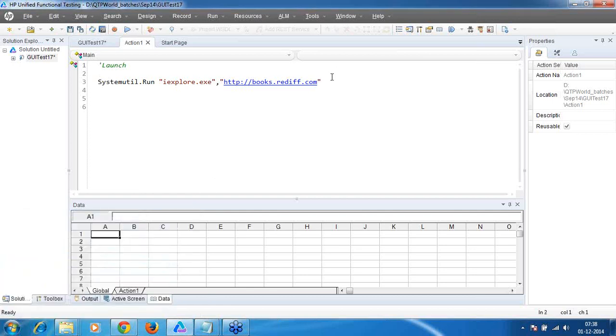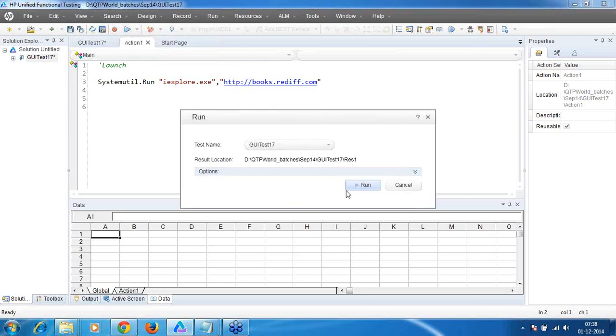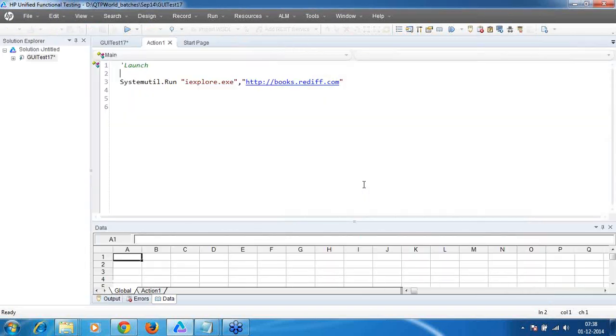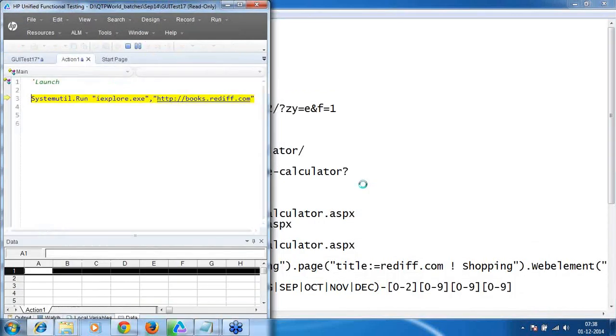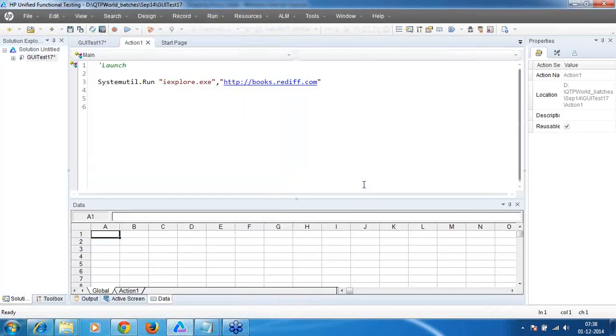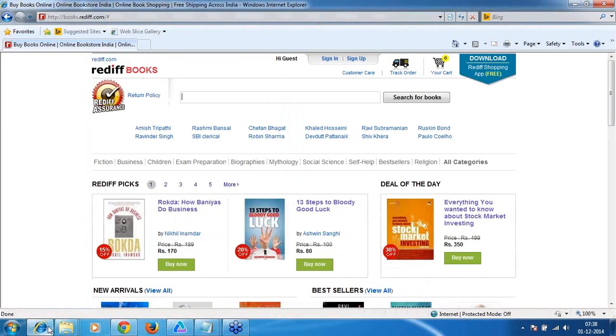Now once it is launched, shall I give a run and see whether my first line of code is working or not? I'll just give a run command. If you see here, it launched the IE and it launched the application.